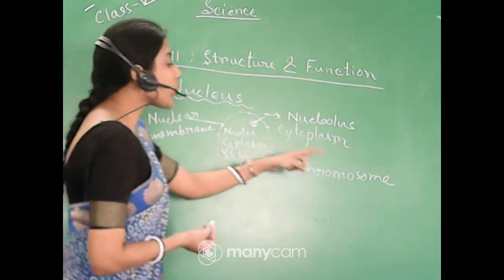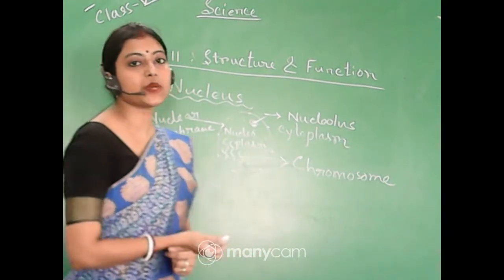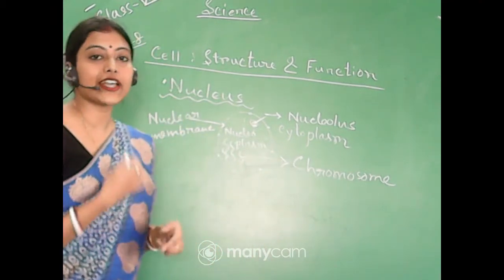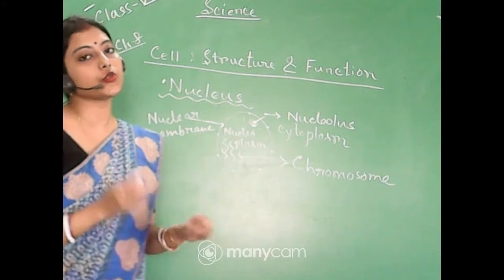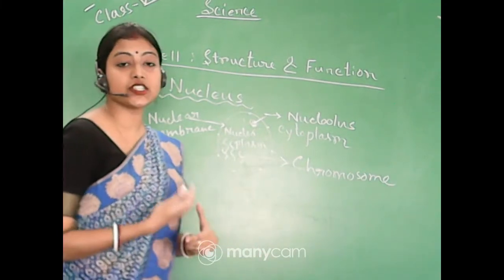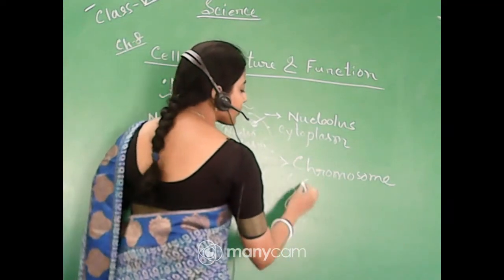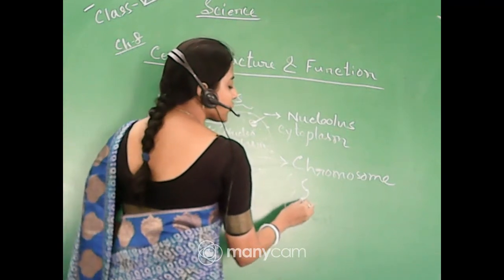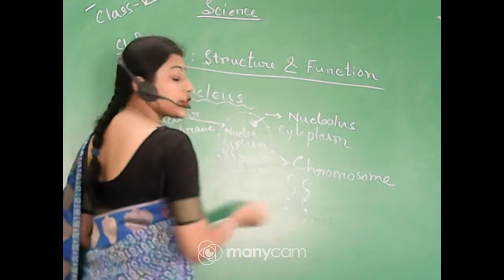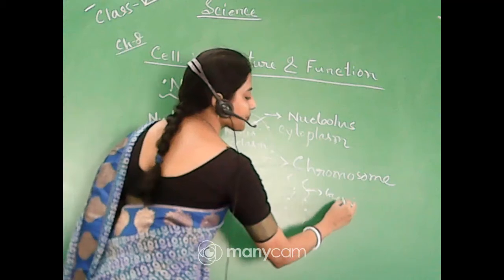Okay, so these chromosomes consist of hereditary materials which are responsible for the transmission of the characteristics from the parental generation to the next generation. So what are these hereditary materials known as? These hereditary materials are nothing but the smaller portions of the chromosomes, which are known as the genes.